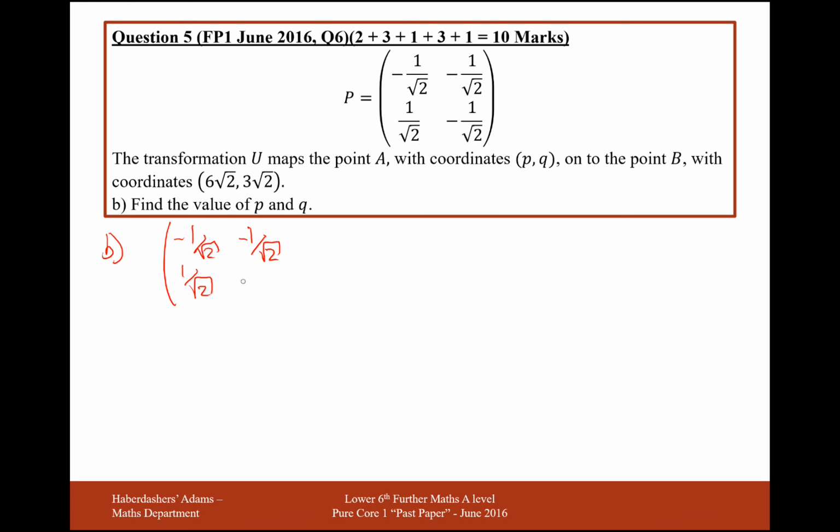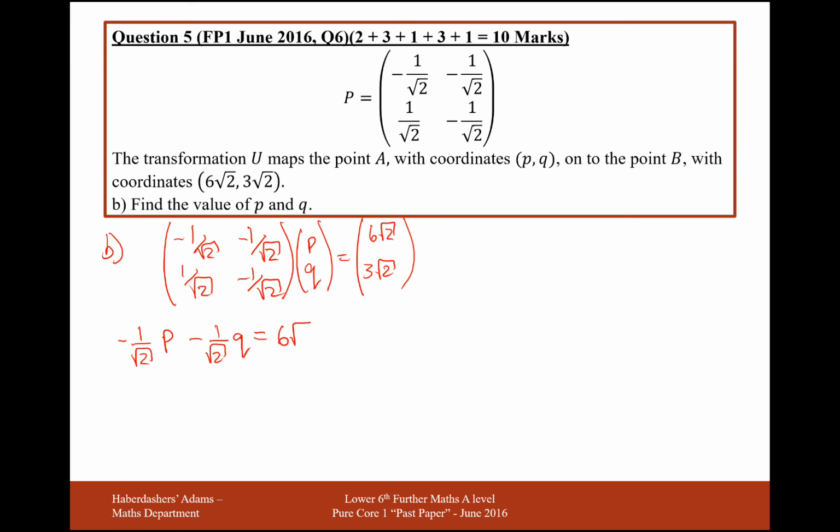1 over root 2, minus 1 over root 2, times by the coordinates P, Q, and you get the answer of 6 root 2, 3 root 2. And all you'd have to do now is work out the inverse of this matrix and pre-multiply it on this side here. An easier way to do this is to think about this as, if I multiply out these coordinates, it'd be 1 over root 2